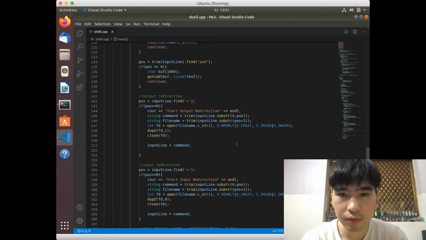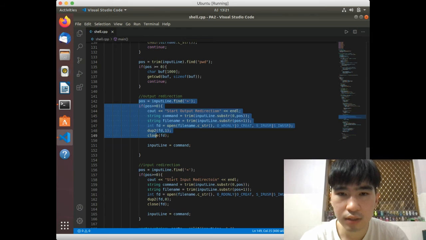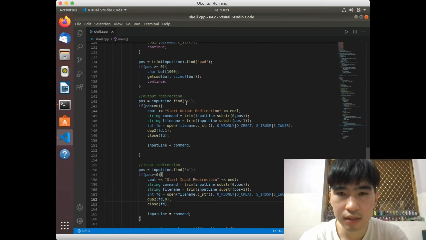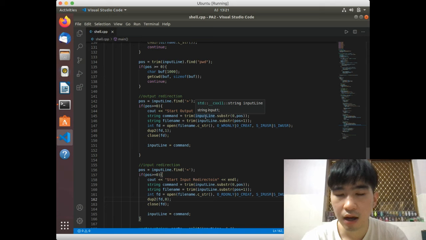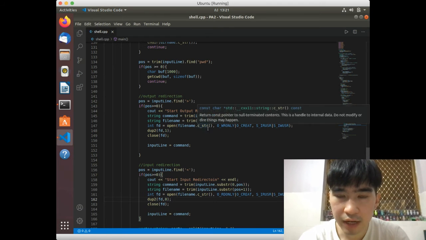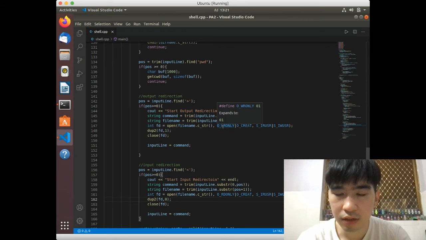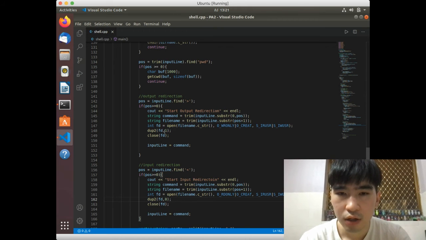For the input and output redirection, I create two parts to detect the side. If it's this one, it's going to be the output redirection. If it's this one, it's going to be the input redirection. Inside of that, I also use the trim function. The trim function deletes the spaces at the beginning and at the end of the command and the file name. They are similar, but for the output redirection, it's going to write to the file, like you point the standard output to